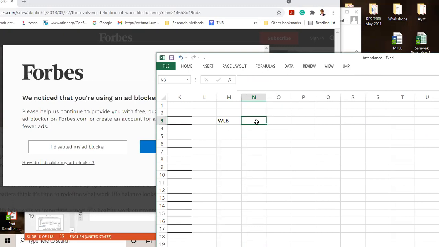Focus between work and family. Again. Focus on work and family, or leisure activities. Three things, right? Work, family, and leisure activities. Correct.